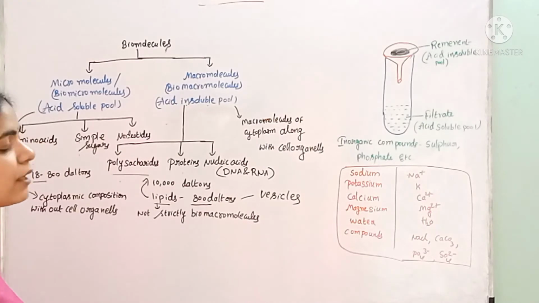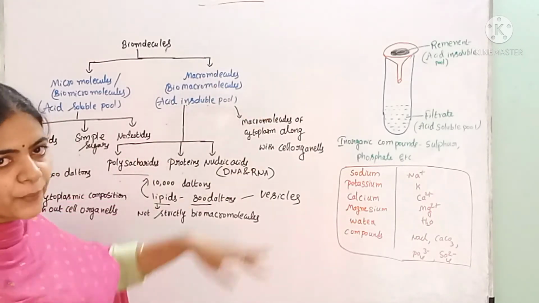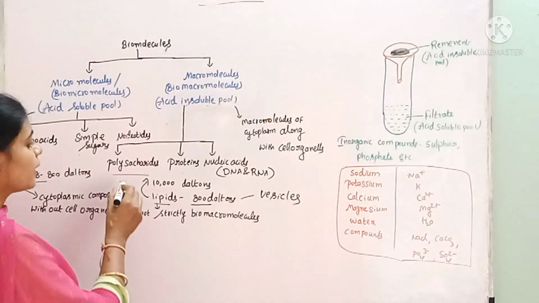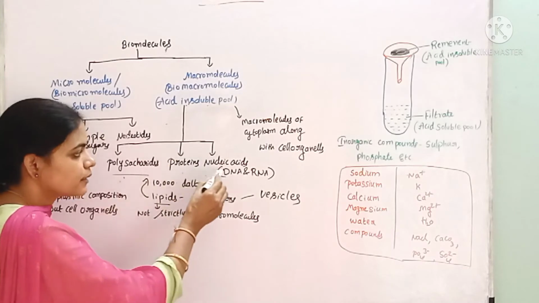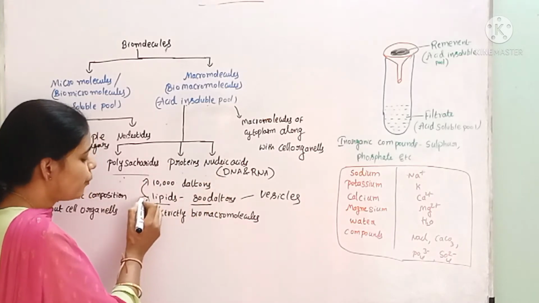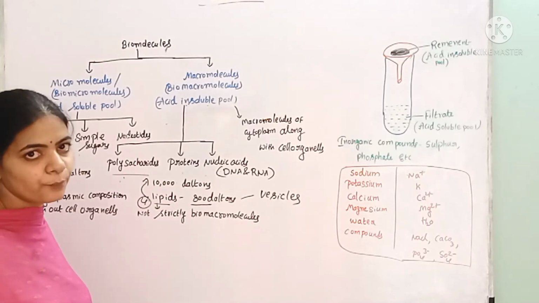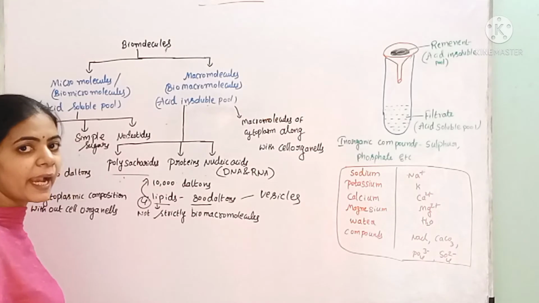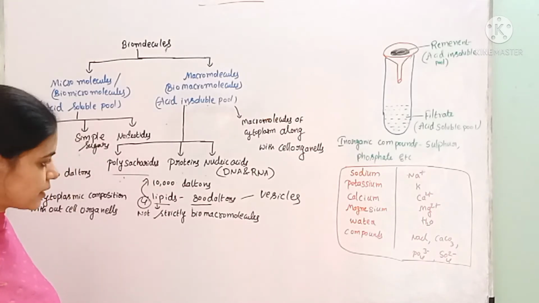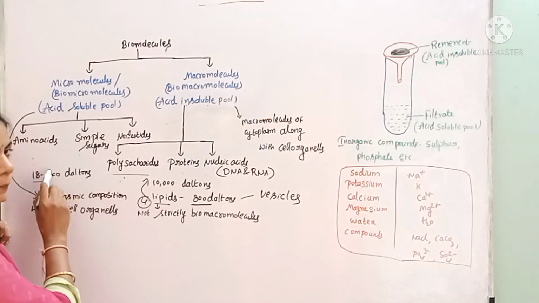But we have four types of macromolecules as per the separation process. What are they? Polysaccharides, proteins and nucleic acids. Along with these, the fourth compound, lipids, also comes under the biomacromolecules. But lipids have a molecular weight of only 800 daltons. As per the molecular weight, we need to keep these lipids in the